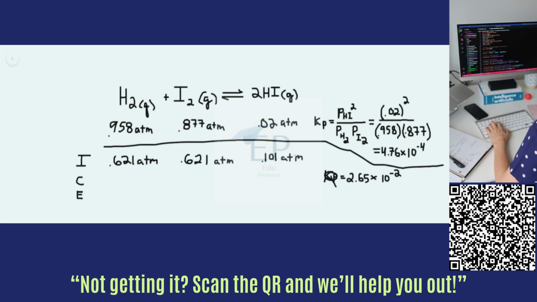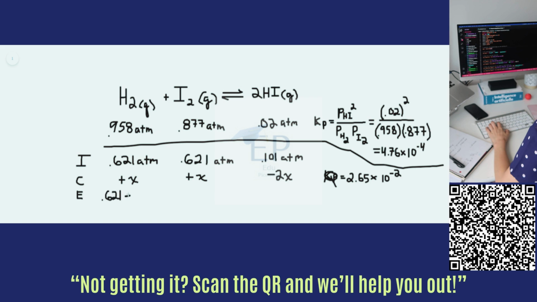So I said that the reaction is running backwards. So normally when we write it up, we write minus for each of the reactants. But since we know it's moving to the left, these changes will be positive for the reactants, and they will be negative for the products. Because we're going to go backwards and take HI and form H2 and I2, we're going to lose HI, and we're going to gain H2 and I2. Additionally, we'll lose twice as much HI as we will gain for any one of the two reactants because of this 2 here. So we can write the equilibriums as